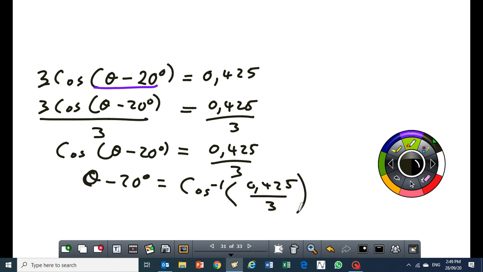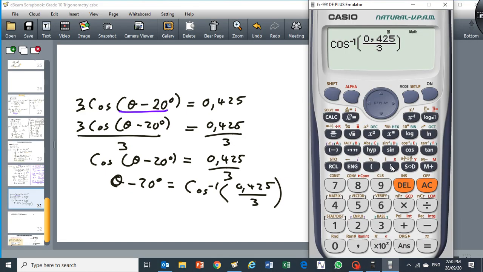Now, as I told you in the previous lesson, you can put this in the calculator. So you take out your calculator. Now, it's very important for you to make sure that you don't round off too quickly, because whatever angle we are going to get there, we need the whole angle with all the decimal places. So if you press equals, it gives you that. Okay? Now, that answer, we need it as it is. We won't round it off. Okay? So I'm going to write it here as